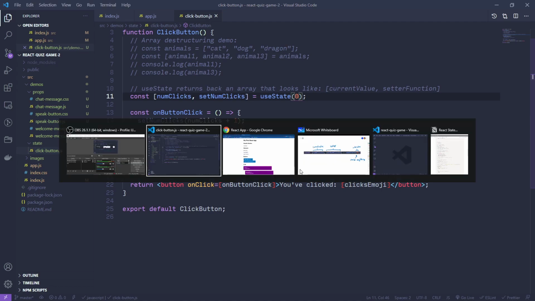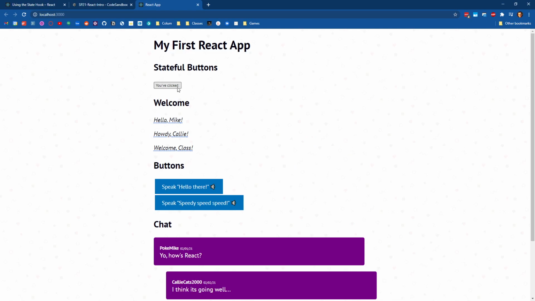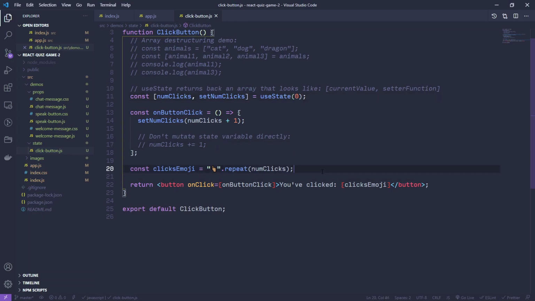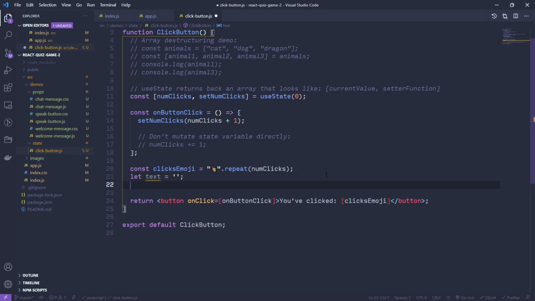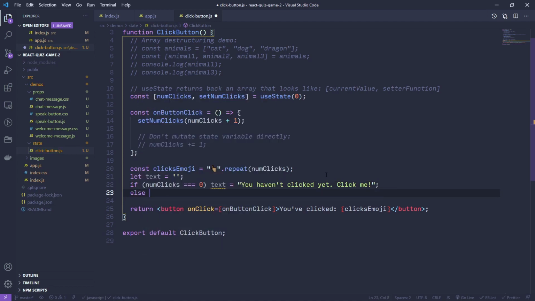When this page loads and no one has clicked, instead of saying you've clicked here, we want to say you haven't clicked, click me. And then when they've clicked, we'll change it to actually say you've clicked and have the emoji. We can do that in a couple of different ways. Here's the kind of long way. Let's create our text as a string variable that can be reassigned. We're using let here. And if num clicks is 0, then our text will be you haven't clicked yet, click me. Else our text will be what we have down here